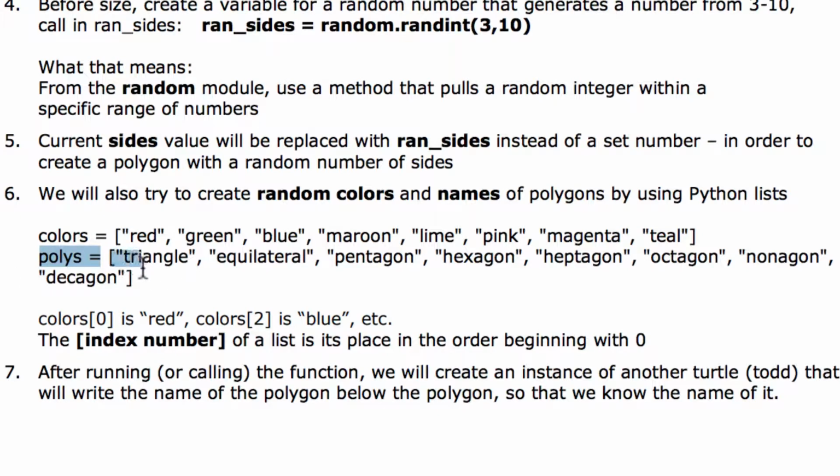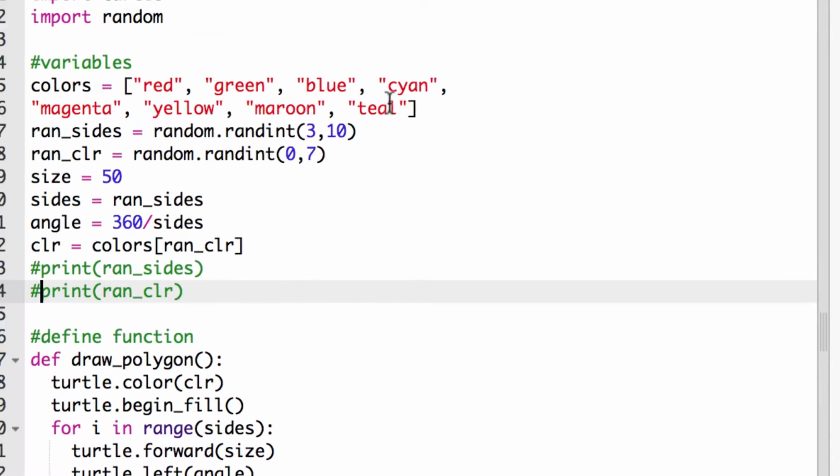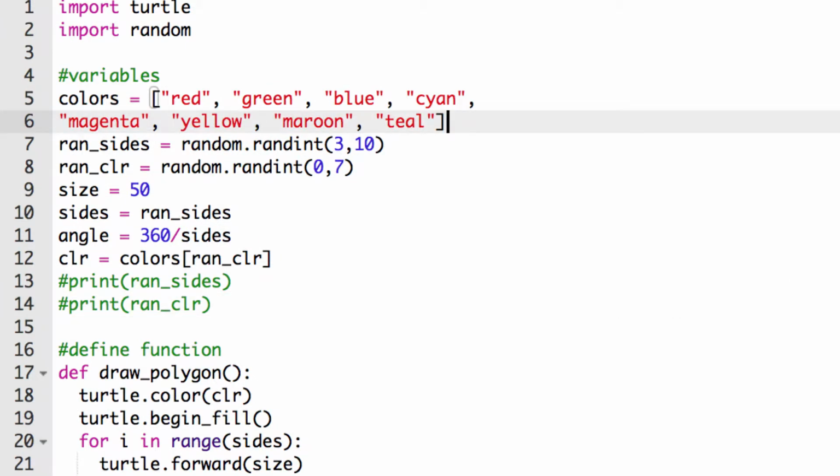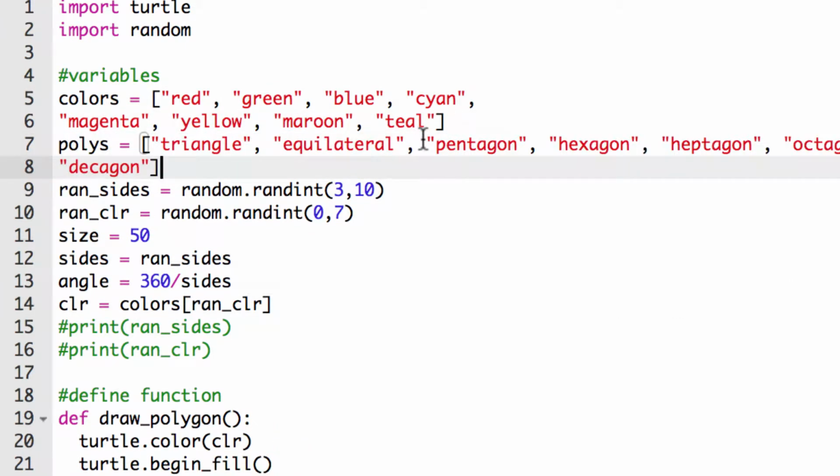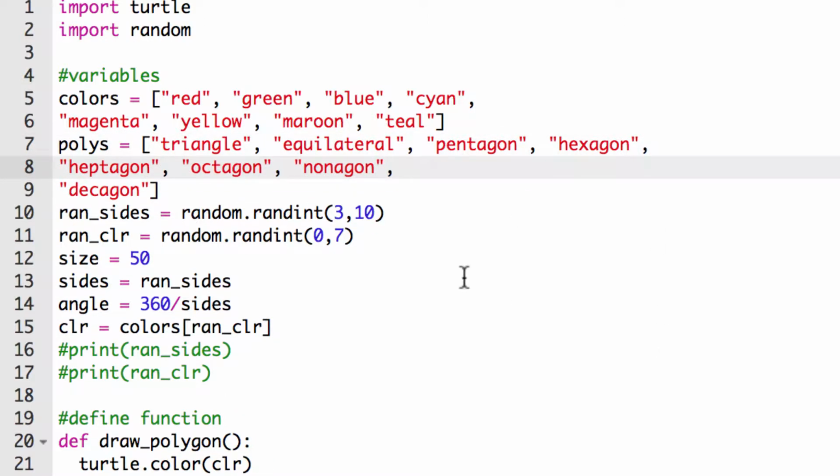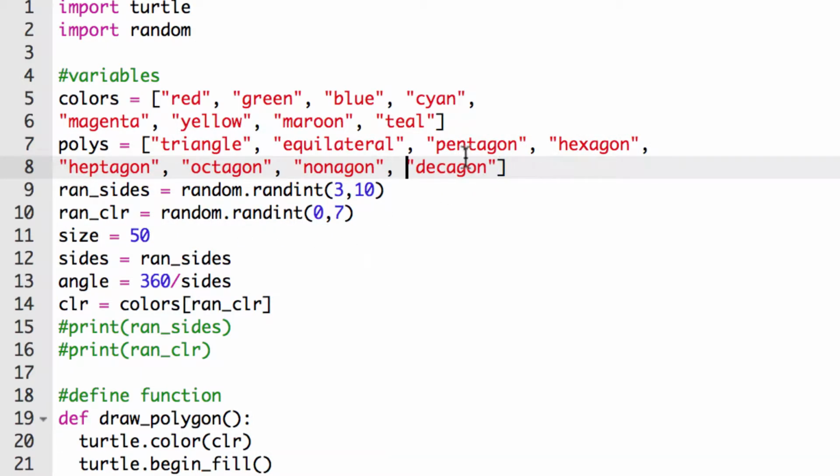And possibly, let's see, can I just copy this list? Maybe I could just do that, save myself some time. So I'm going to come back here, and after the first list, I'll see if I could paste that, and that worked perfect. So I copied it right from the instructions, and I'm also going to put a line break after the comma here. That way I didn't have to type them out, but you saw how to do it the first time with the quotes. So I created a second list called polys, and I have triangle, equilateral, and you could call this square if you want. And I'll put this one up so it's on that line, because I think I had an extra line break